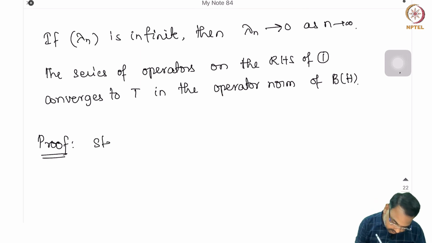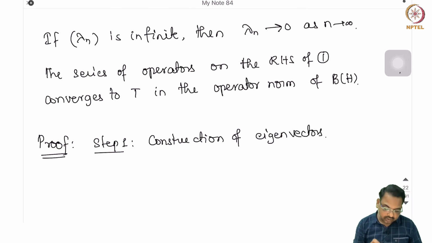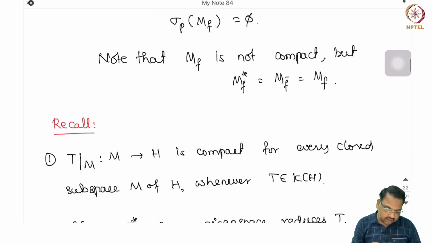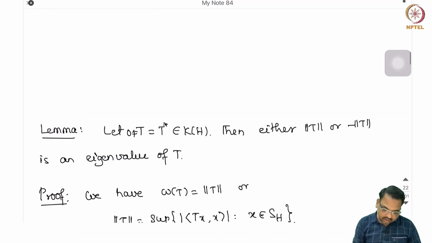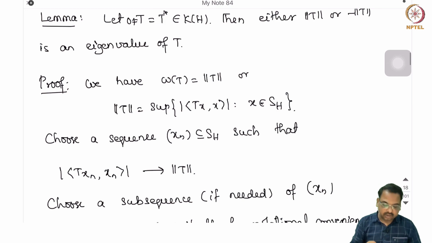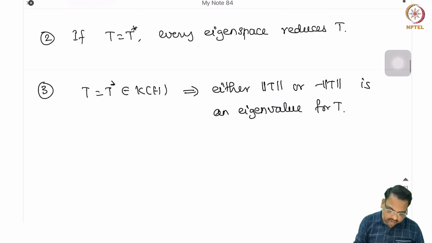The first one is step 1, constructing eigenvalues and eigenvectors. To get eigenvalues and eigenvectors, we use the earlier results again and again. For example, we proved a lemma which says that there exists an eigenvalue for a compact self-adjoint operator, that is nothing but either norm T or minus norm T. So we use this result to get eigenvalues and corresponding eigenvectors